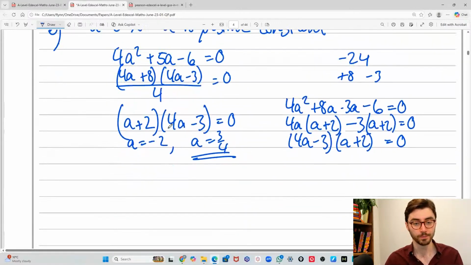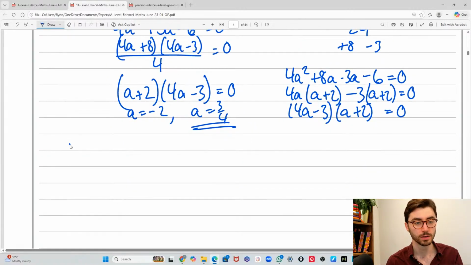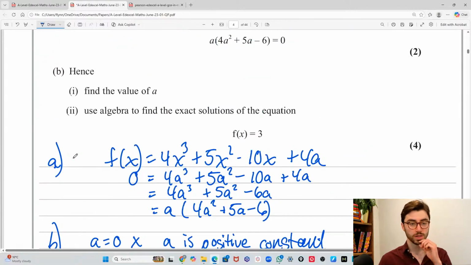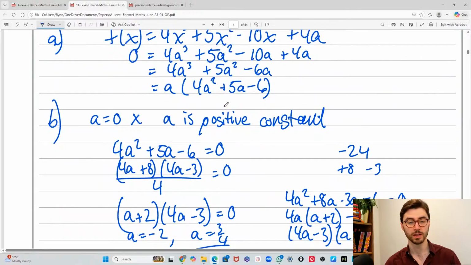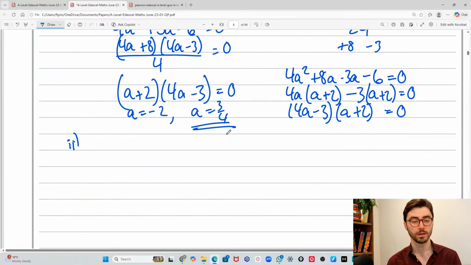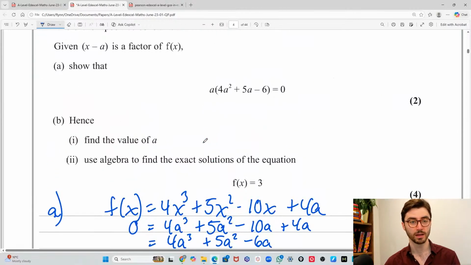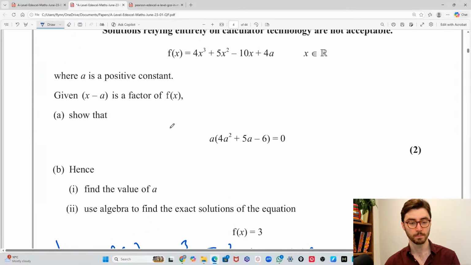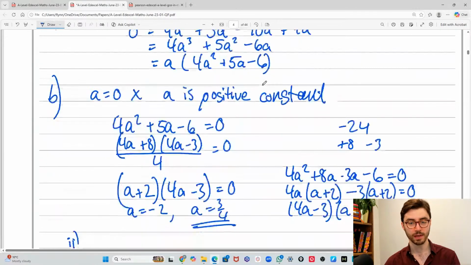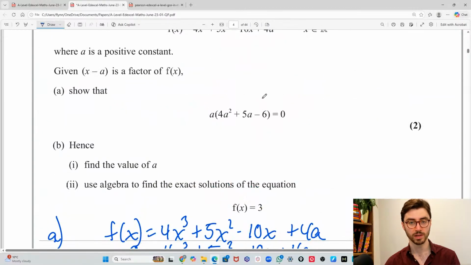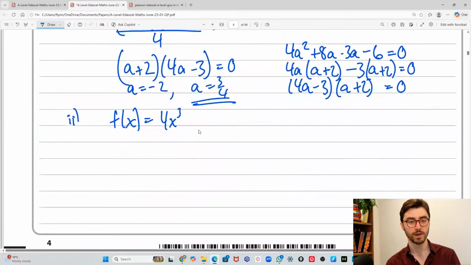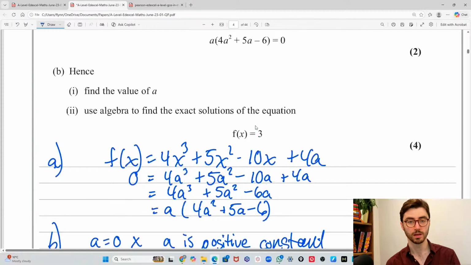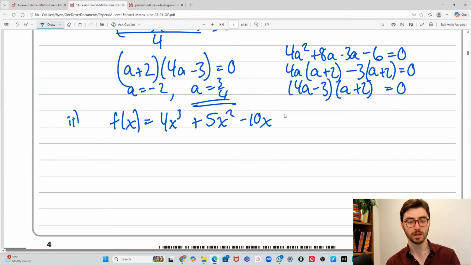So for part 2, what can we do? We are going to use algebra to find the exact solutions of the equation f(x) equals 3. So I'm going to have to, is that for that value of a? Yes, it must be. So for that value of a, it's going to be plus 3 at the end. So I'm going to say that then f(x) is equal to 4x cubed plus 5x squared minus 10x